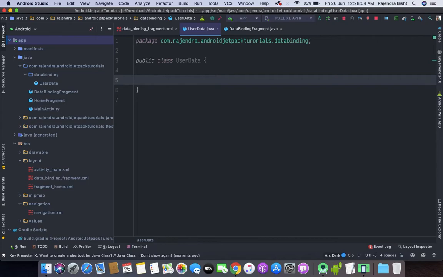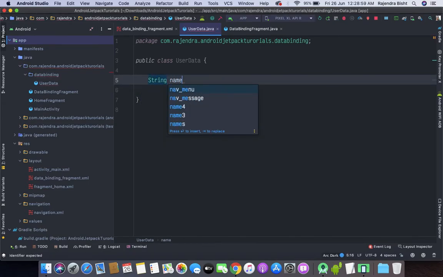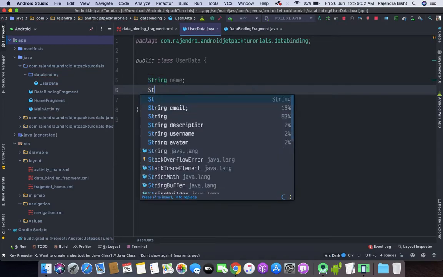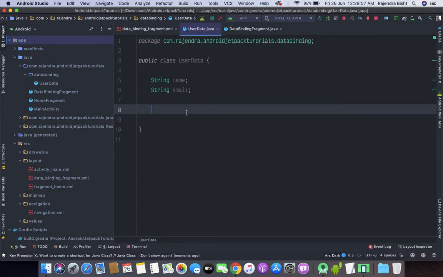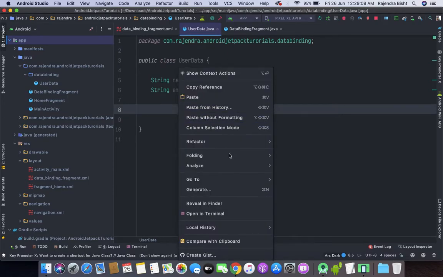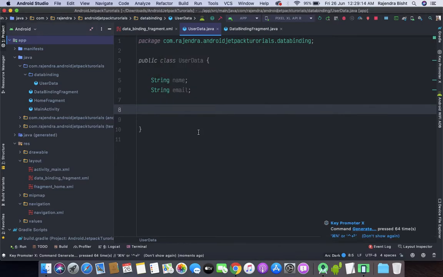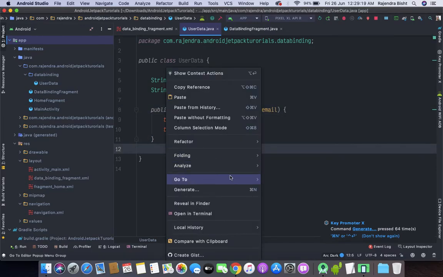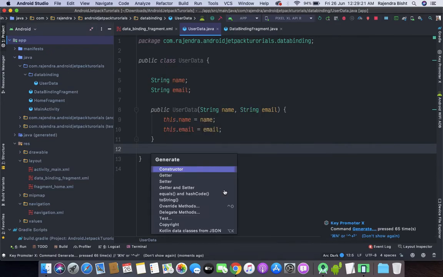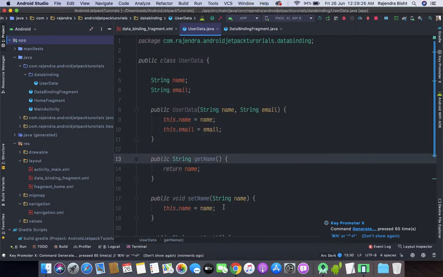I will take two parameters. The first one is name and the second one is email. Now I will create a constructor and getters and setters. So now our UserData class is ready.